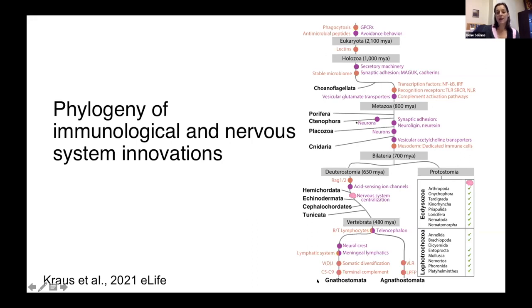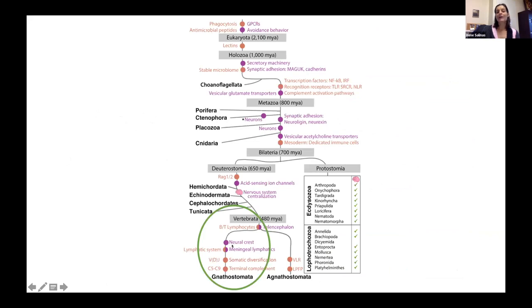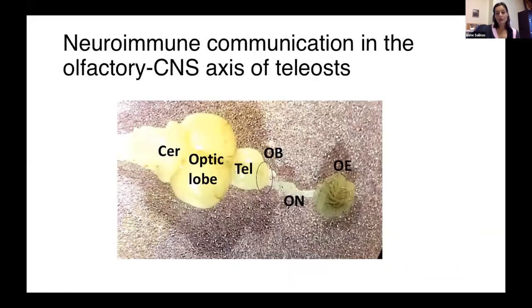And of course, as a fish person, I'm still only down here in this bottom section of the tree, because we study, at the end of the day, vertebrates. We study early vertebrates, where we already have B and T cell-based immunity, and there's already a central nervous system. We can almost think of a fish as having almost every single aspect of what a mammalian immune system and nervous system would have, but with still some interesting caveats and interesting, unique adaptations. So in my lab, particularly, we are interested in the neuroimmune communication in the olfactory brain